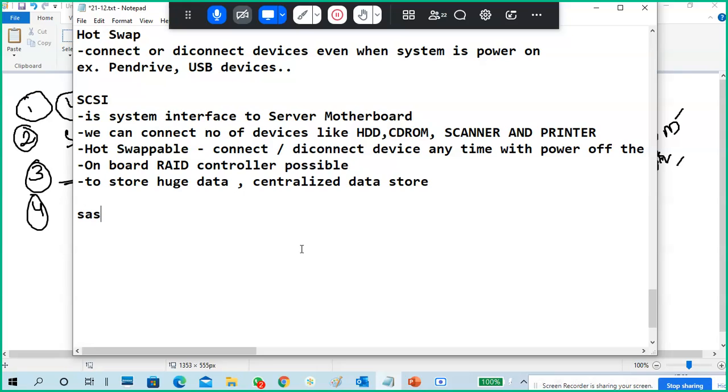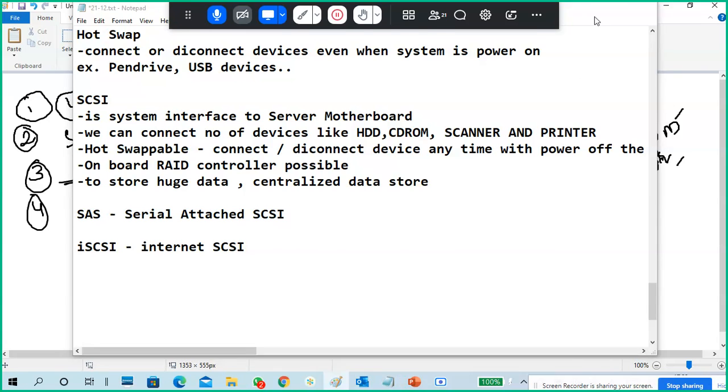So one more disk is there that is called as SAS. SAS means serial attached SCSI device. Okay. This is a disk type only, but it's serial attached. Normally, SCSIs are in a parallel bus, but SAS is a serial attached storage. Okay. Next type of SCSI is iSCSI. iSCSI means internet SCSI. Okay, internet SCSI.